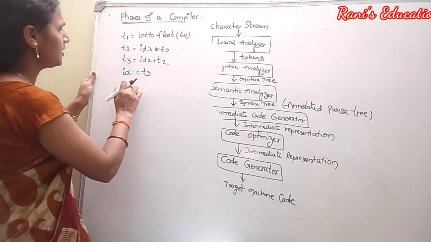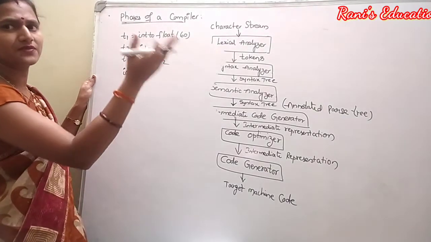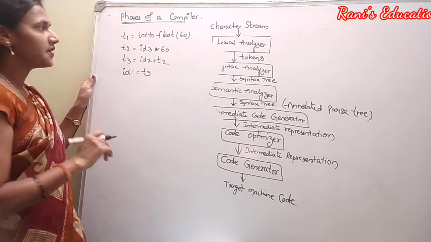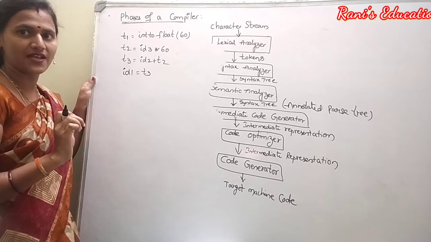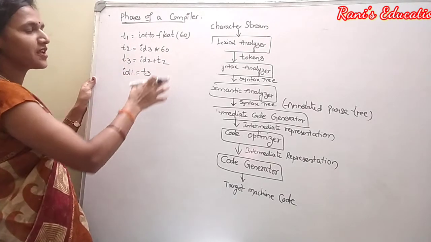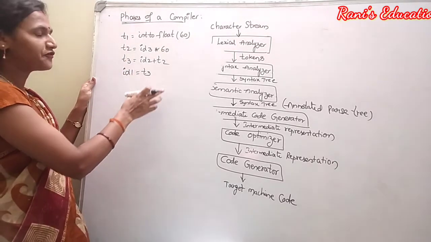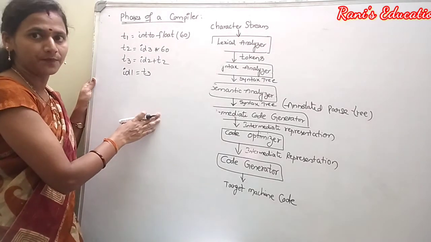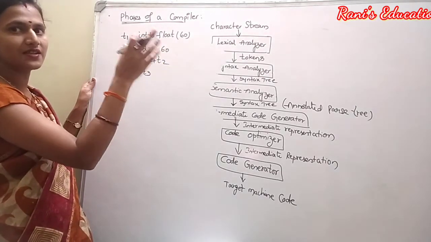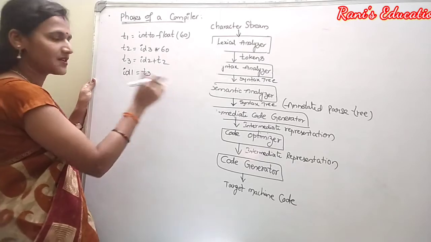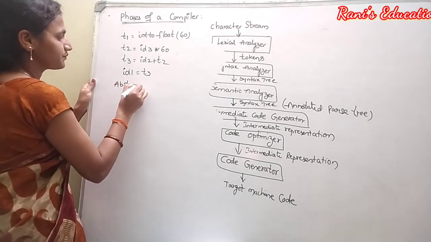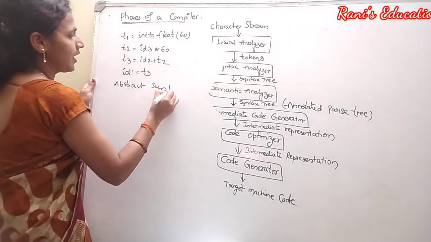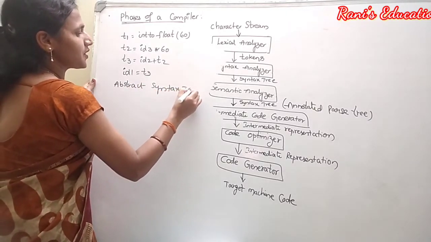Now, here we are going to define some syntax trees as well. If you want to give it in brief, we are going to take DAG representations as well. So the information is going to be defined in an abstract manner. That's why the syntax trees we consider for intermediate representation are called abstract syntax trees.